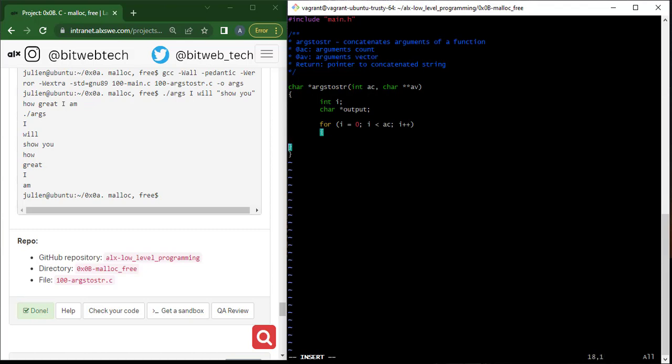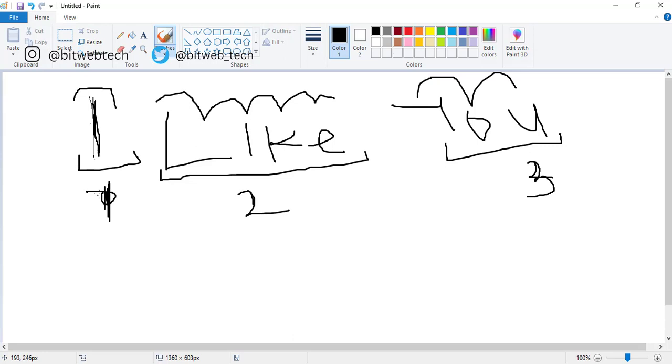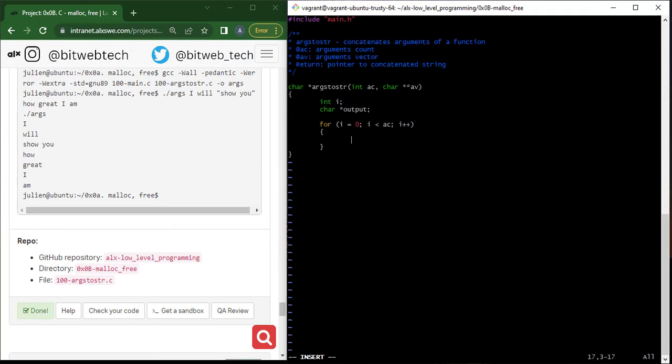So inside this for loop here, for each iteration, we know that this for loop we created is going to loop over this argument. The argument here is going to loop over the argument, and each of the arguments we want to loop over as well, because that is how we'll be able to get the exact number of characters, right? So I need to create another loop. So let me declare another variable here. Let me call it j. So here inside this, I'm going to say for